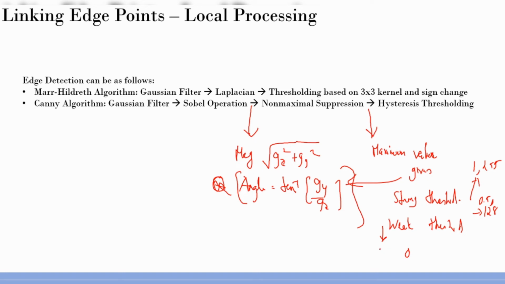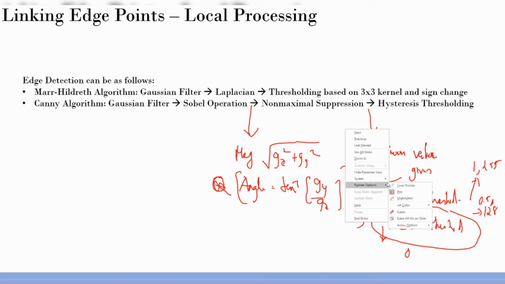So then what essentially you get is sort of an in-between level in the image. And then you do one more step, where you go again through these intermediate, weak thresholded pixels only. For these weak thresholded pixels, you see whether it is surrounded by any strong thresholded value, 1 or 255. If it is, then of course you replace that weak threshold by 255 or 1, otherwise you make it 0. So it's a very beautiful algorithm, right? I like Canny Edge because it's very sophisticated.